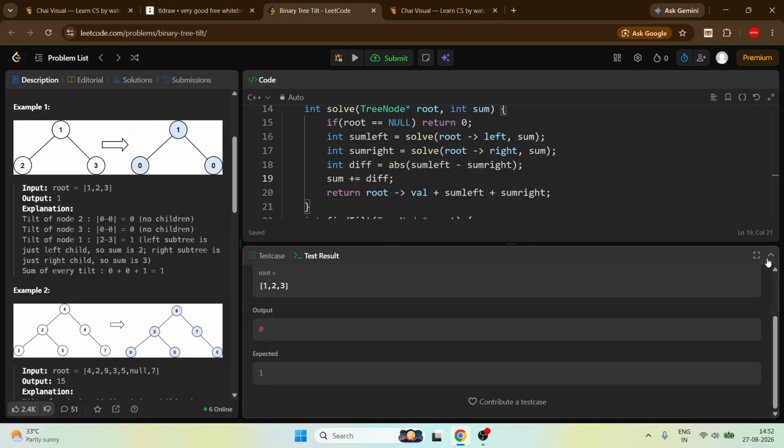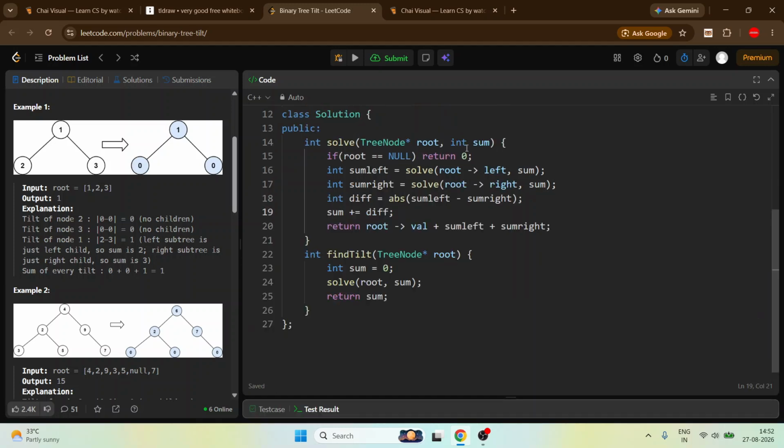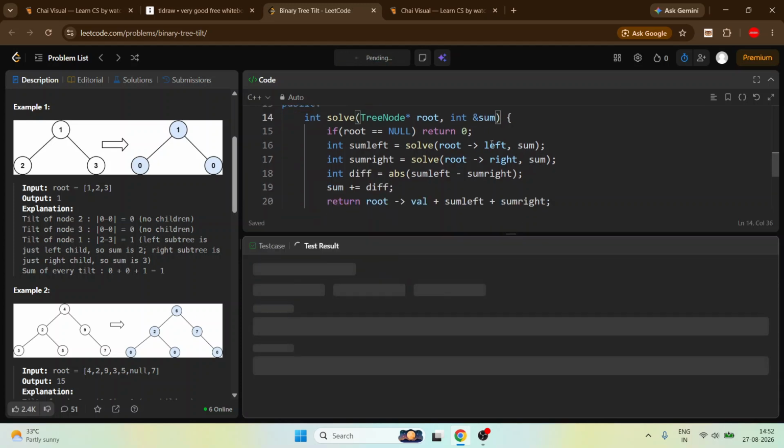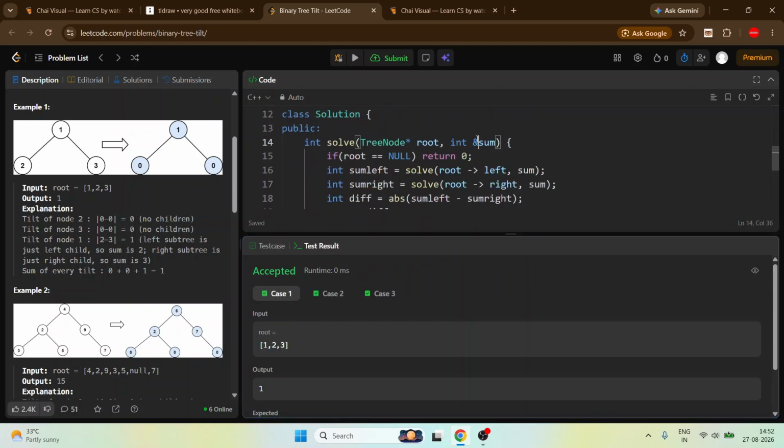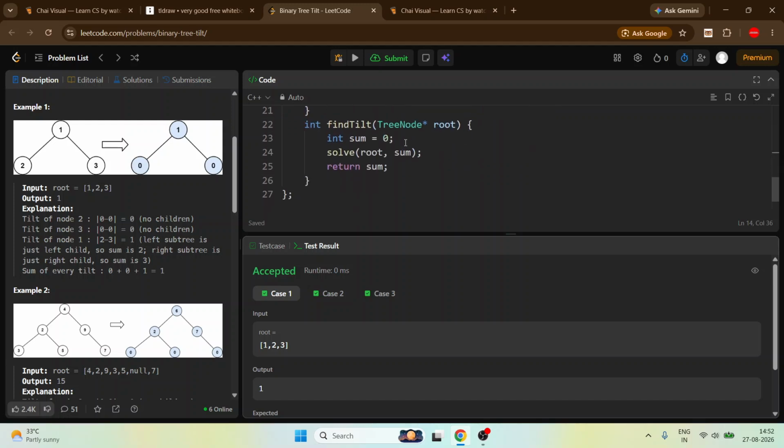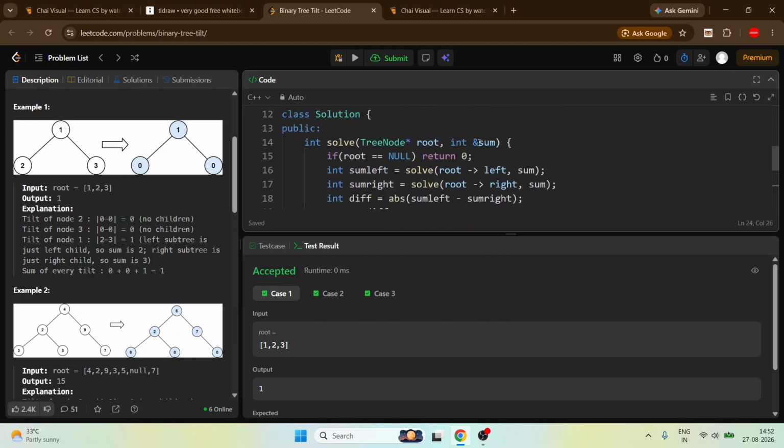Okay, the sum should be passed by reference. Why? Because if I pass the sum by value, every time the sum is initialized with 0, and when I use this ampersand sign, it takes the sum as pass by reference, and with pass by reference it doesn't initialize the sum with 0 every time.